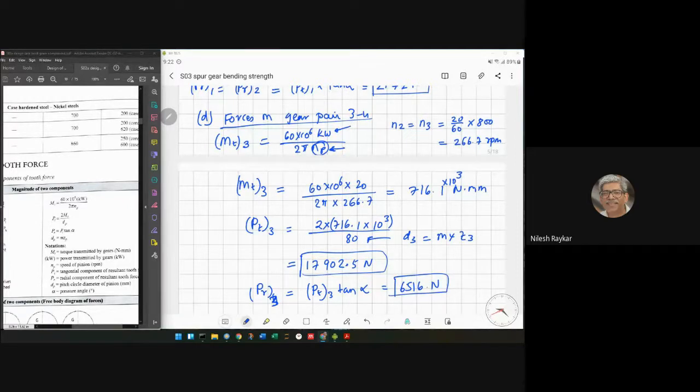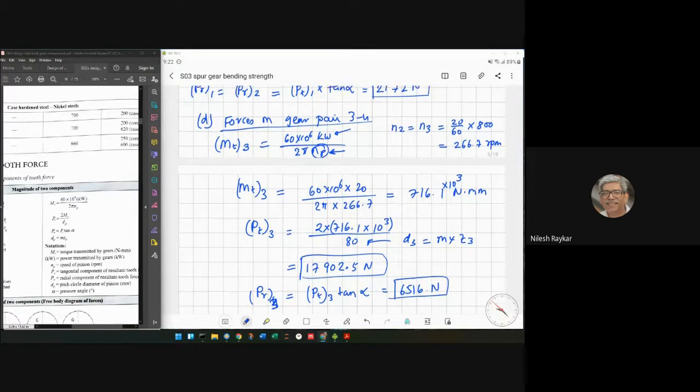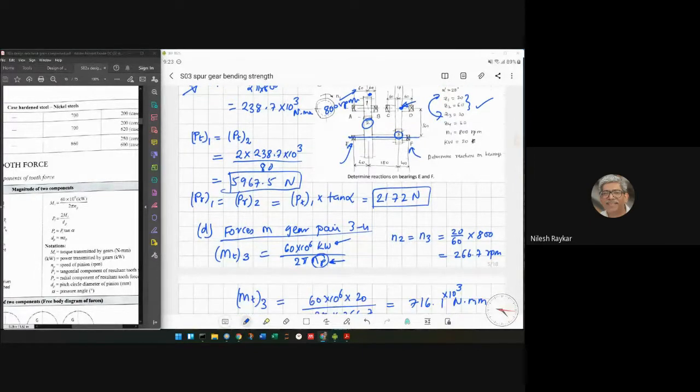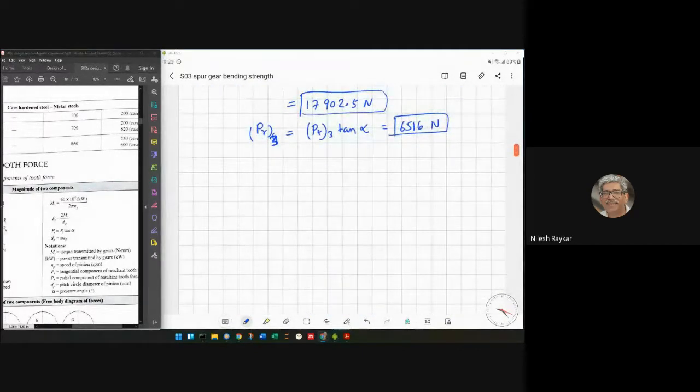Okay, so now we have got all four forces, and we now know the forces on the intermediate shaft. On this intermediate shaft, we know the forces acting on gear 2 and gear 3. By using mechanics, we can calculate the reactions at bearing E and bearing F. But for that purpose, we have to establish the directions of the forces. Whatever tangential forces we have calculated, we have to assign them directions, and that's what we will do now.